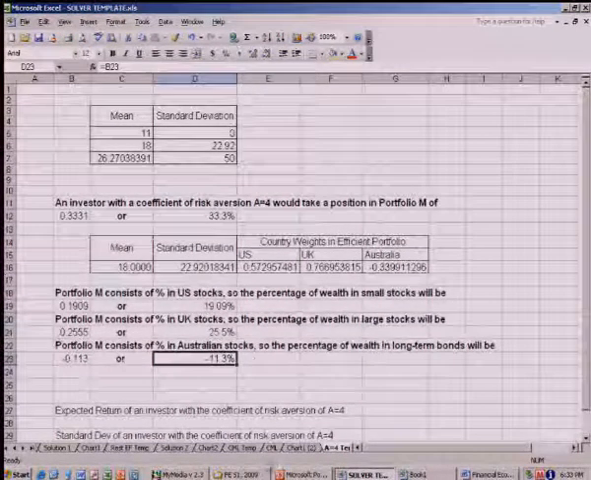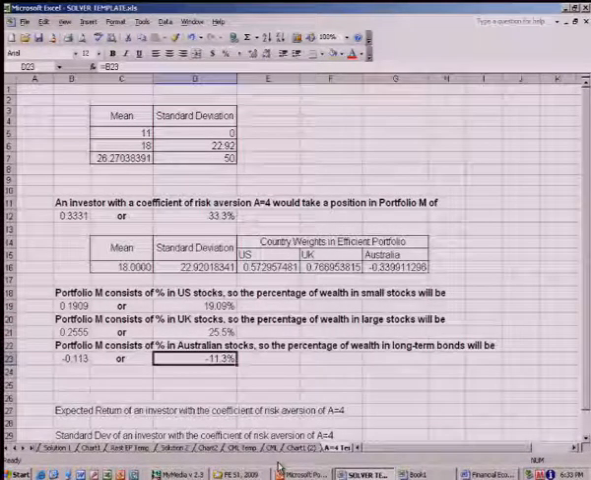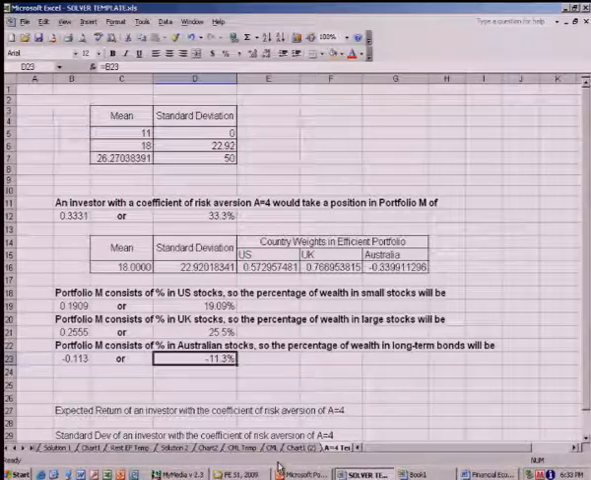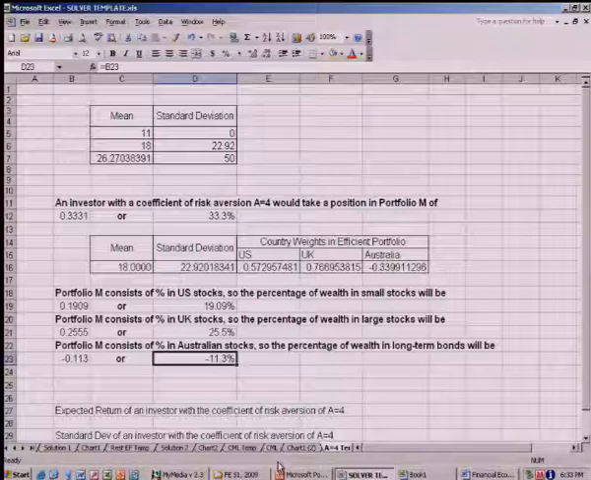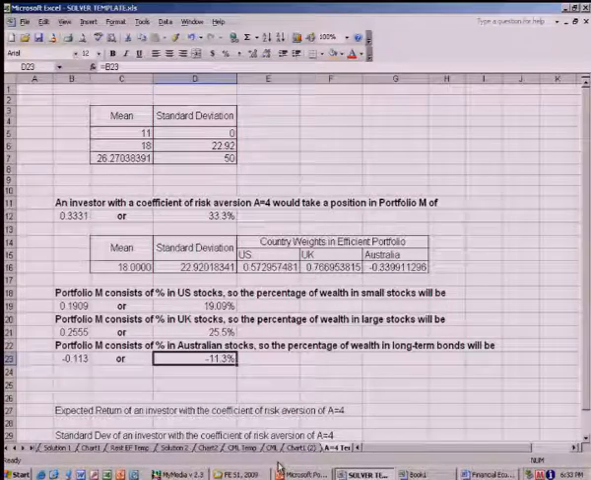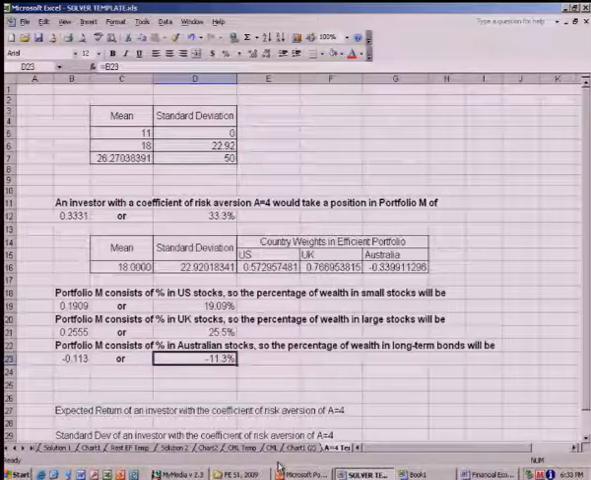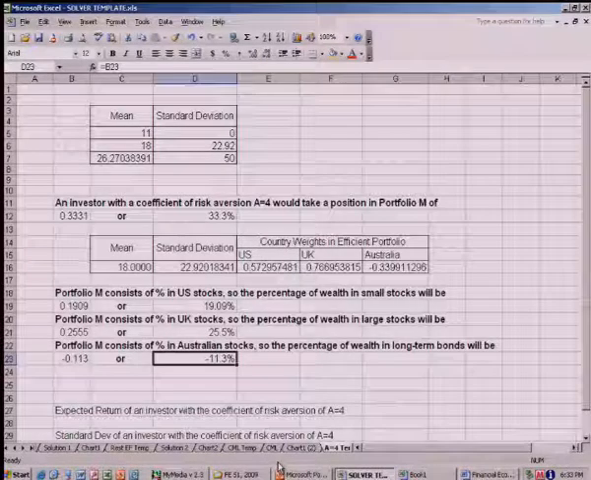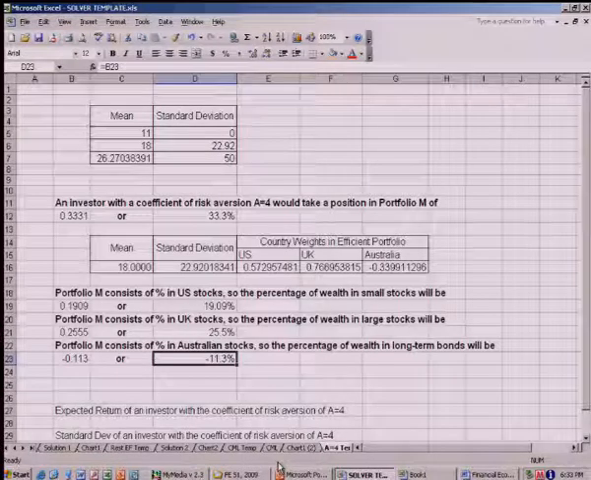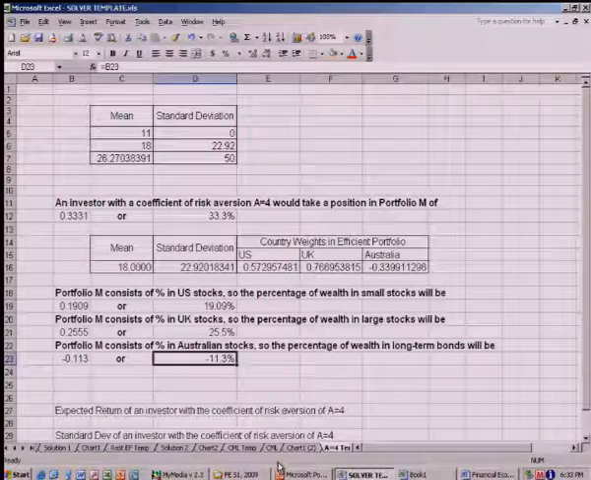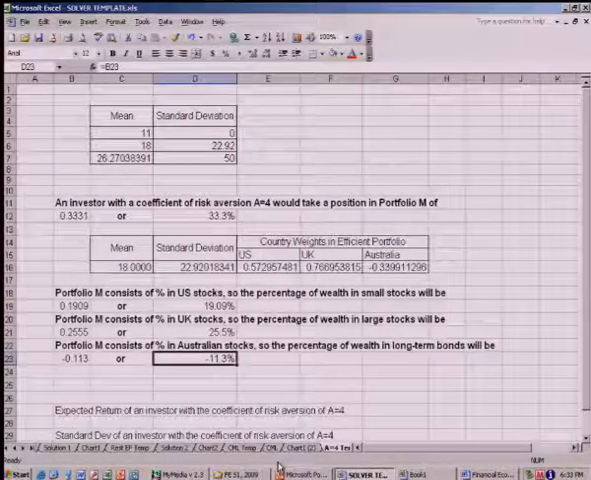So now what we have done, we constructed an efficient frontier, we constructed a capital allocation line, we found the optimal portfolio on the capital allocation line that is tangent to the efficient frontier, and then we found out how much exactly an investor with a risk aversion of 4 should be investing into the risky portfolio. And finally, we need to find out exactly how much this investor can expect in terms of the return that they earn on this portfolio, and what is the risk that